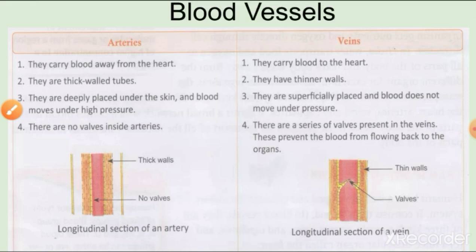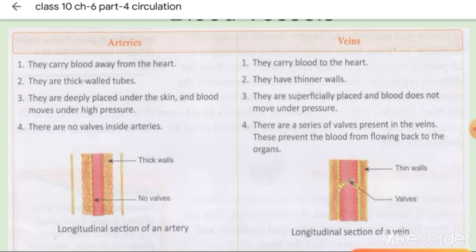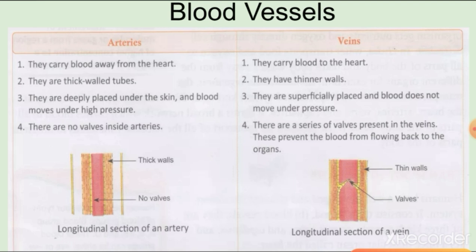Then after blood, the other thing that we have in our circulatory system is blood vessels. So majorly we have two types of blood vessels, that is arteries and veins. Now how do the arteries and veins look? Here you could see arteries are thick walled. So this is a proper wall of the artery. You could see the thickness of the artery. But the veins only have this much thickness. So we can say the veins are thin walled, but arteries are thick walled.